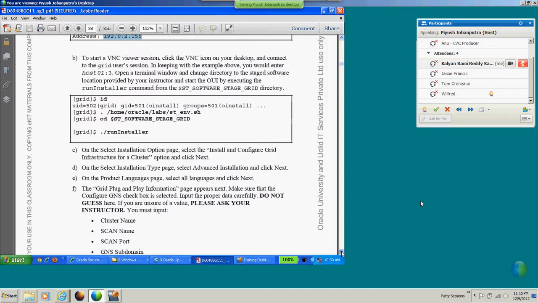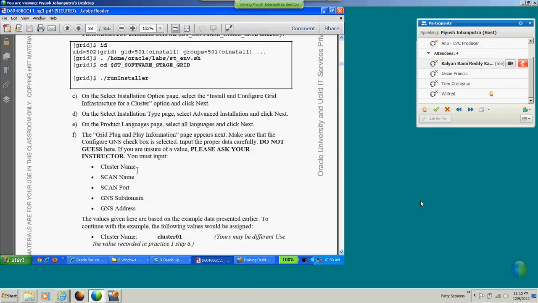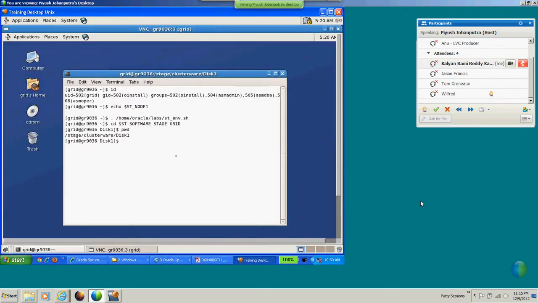Here, very clear, you should know your cluster name, you should know your scan name, your port name. You must have all this. I will give you the address. Okay, now if you run installer,